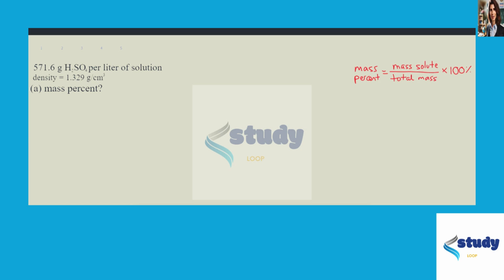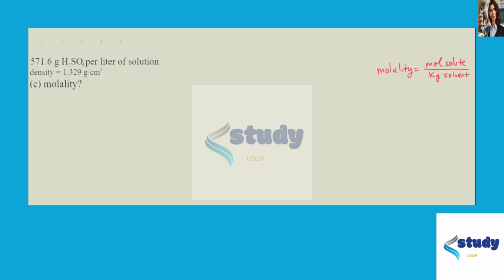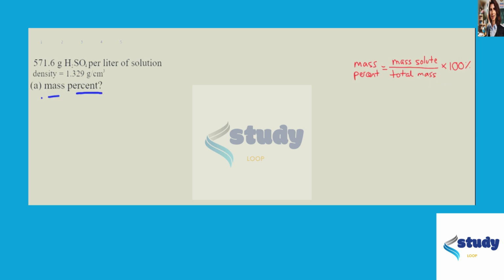In this problem, we're given that 1 liter of sulfuric acid solution contains 571.6 grams, and also the density of the solution in grams per centimeters cubed. Given this information, our task is to calculate different types of concentrations: the mass percent, the mole fraction, the molality, and the molarity. So starting with mass percent,